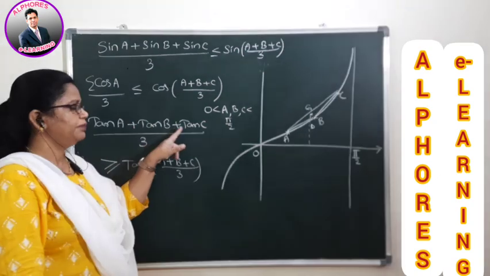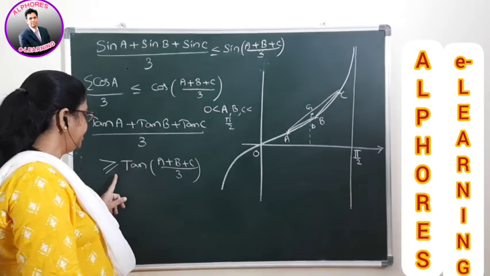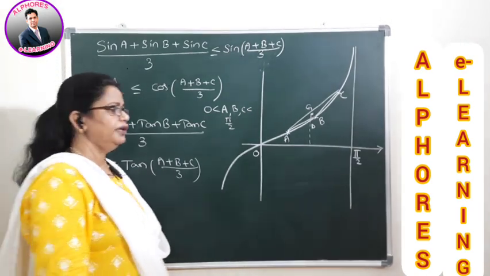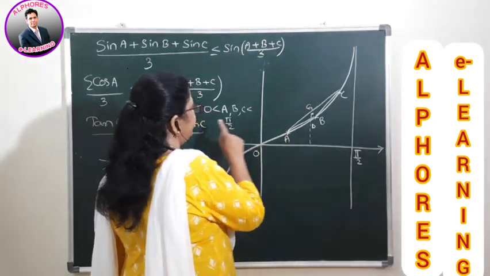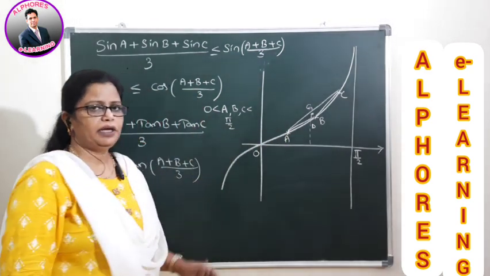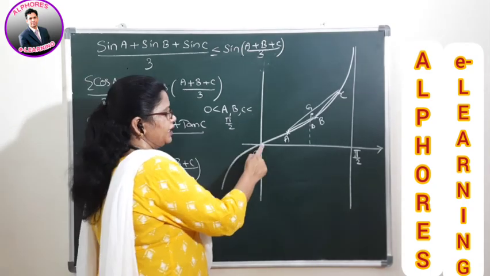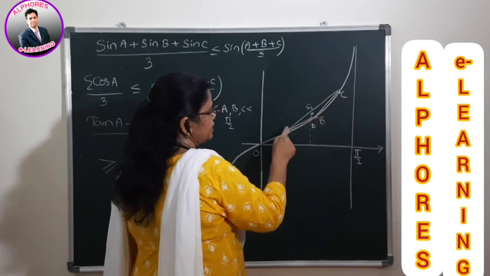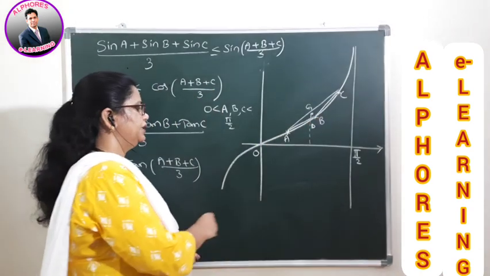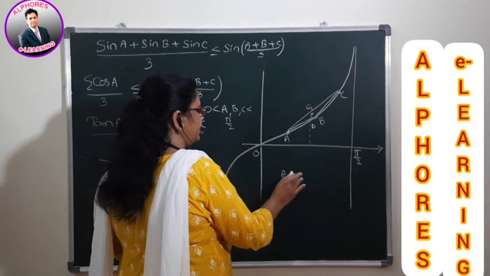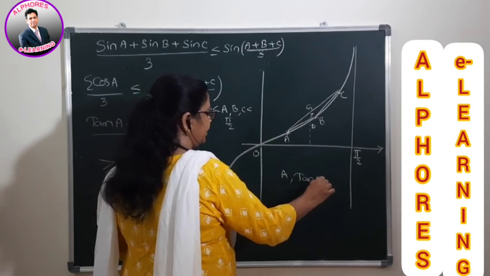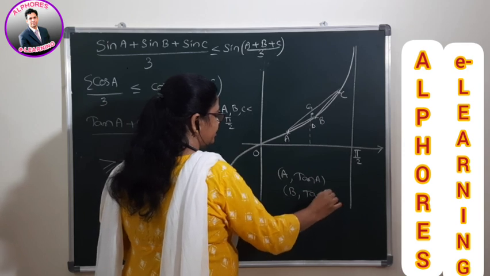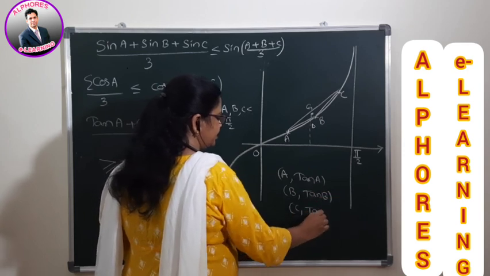You are getting (tan a + tan b + tan c)/3 greater than or equal to, in this way. Okay, how did you get greater than or equal to? Observe, this one is 0 to pi/2 that we have taken, students, because the angles are acute. Now a, b, c, any 3 points on the curve if you consider, then again, just like in the sine curve model, we are taking a comma tan a, and next b comma tan b, similarly c comma tan c. Okay, so we are taking 3 points, students, in this way.